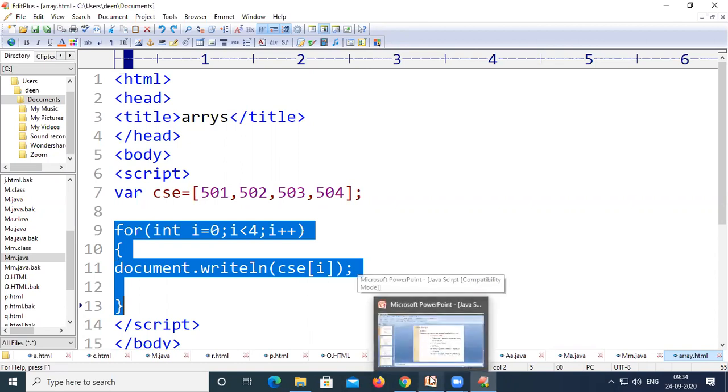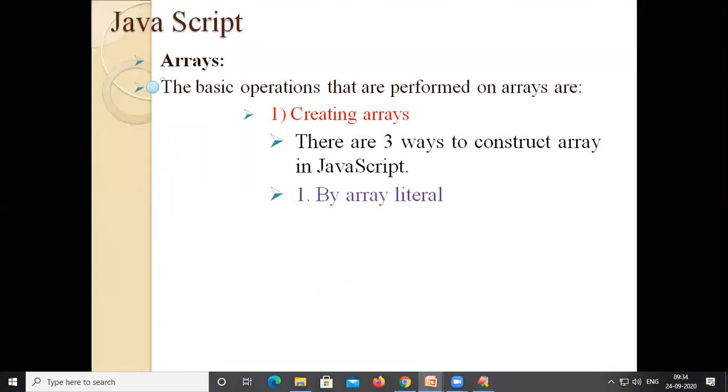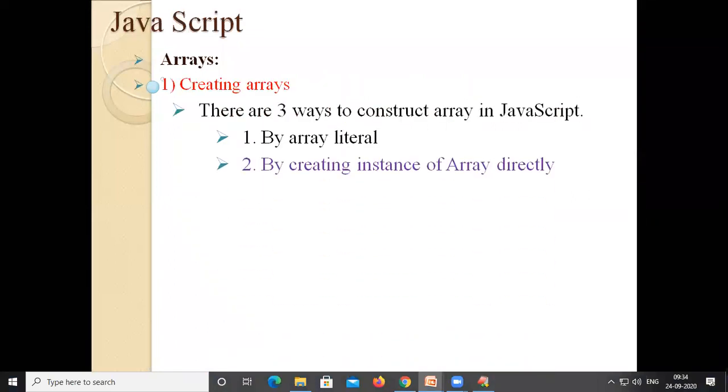Now let us look at the second way of creating arrays, which is by creating an instance of an array directly.